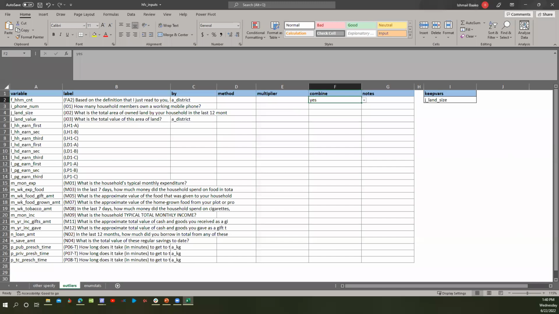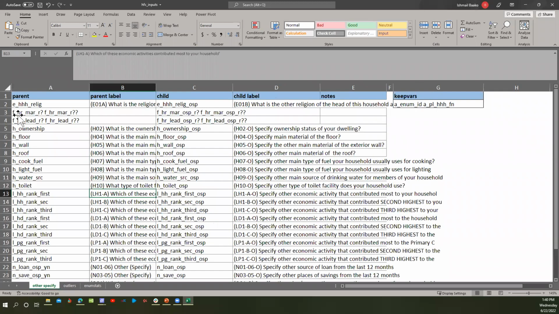Okay, so what is the double question mark? A question mark stands for a single character, right? So in this specific instance, you are saying I want a variable that starts with FHR_MAR_R and has one additional character. If you put 2 question marks, it means 2 additional characters, so you can put as many question marks as you want. The difference is that if you put a star, then it's one or more characters. But if you want just one specific character, that is where you use a question mark. Any other question?